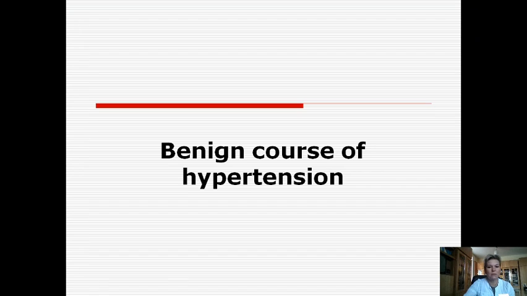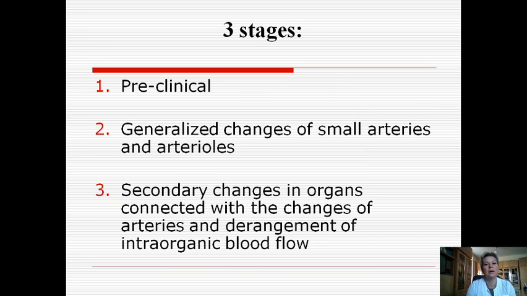What about benign course of hypertension? In this form, we can see stages. There are 3 stages in benign form. The first is preclinical, where we see an increase of arterial blood pressure to about 140 and 90 millimeters of mercury. We can see anatomical changes, maybe light hypertrophy of the left ventricle, about